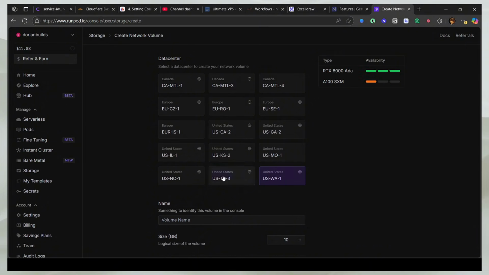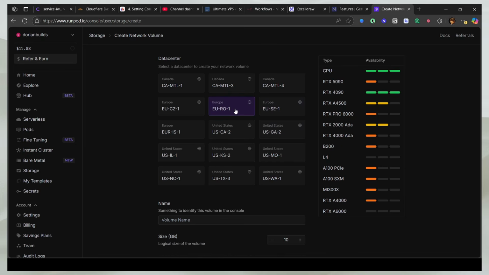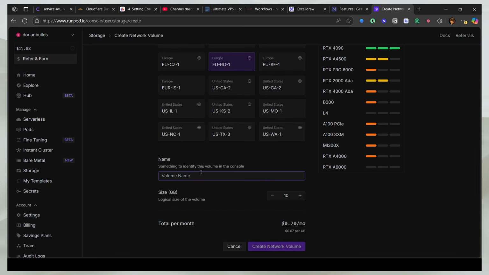And all the data centers have different GPU types, right? So if you choose this, and if there is no RTX 3090, then you cannot choose 3090 on this storage. So choose the storage with the highest options, or the ones you need. I'll look around and decide on the one which has the highest options, which seems to be this EUR01. It is probably Romania. So I'll give it a name of